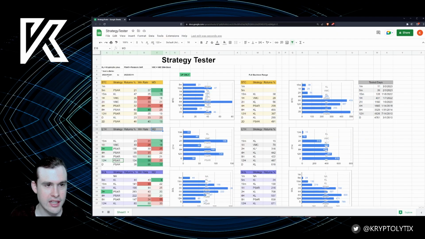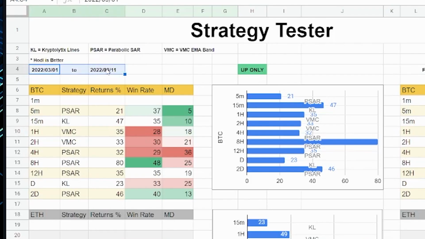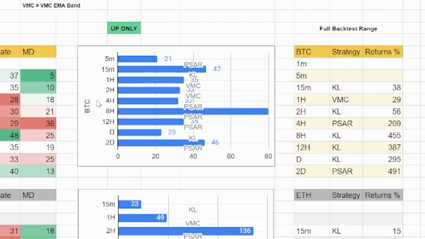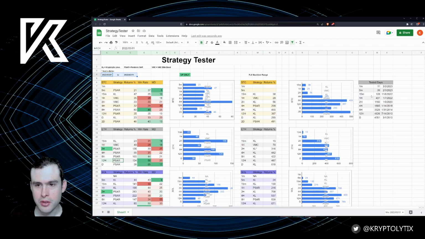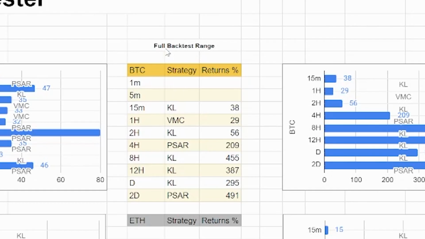And I've also put the date here. This is the date range that I'm backtesting all of this with. And this little chart here is a quick visual representation, so you could glance over and look at which one actually performed the best in this time frame, and that's the strategy that it uses. It's just a little bit below the bar. I tried to shift it up, but I couldn't, so it's the limitation we have when we use free software, that is Google Sheets.